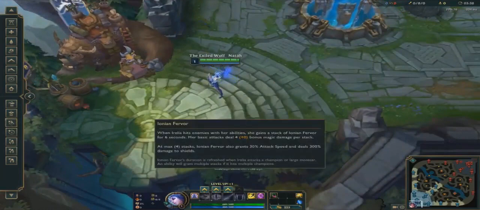Right, so 4 times 4, 16 damage, so you're doing 16 bonus magic damage at 4 stacks. When you hit 4 stacks, you get another 30% attack speed. So you put the 3% attack speed with the 30% attack speed, that's 33% attack speed at level 1, if you manage to pull off the start really properly. And you deal 300% damage to shields. This is really good